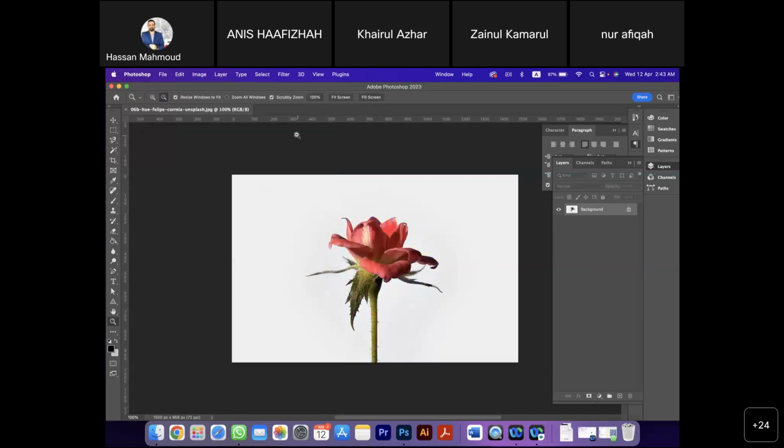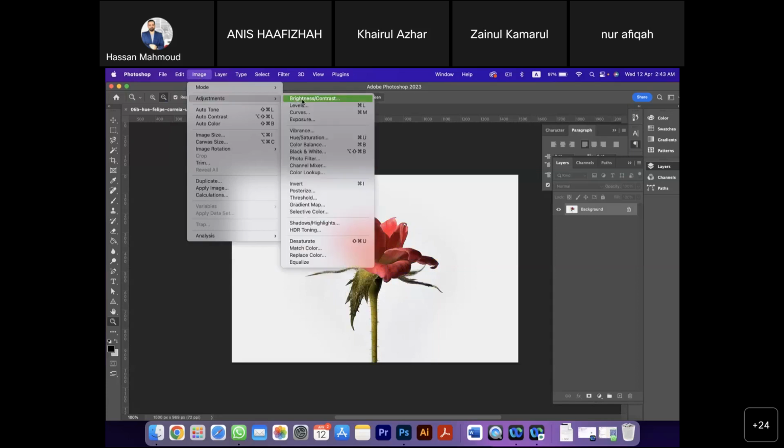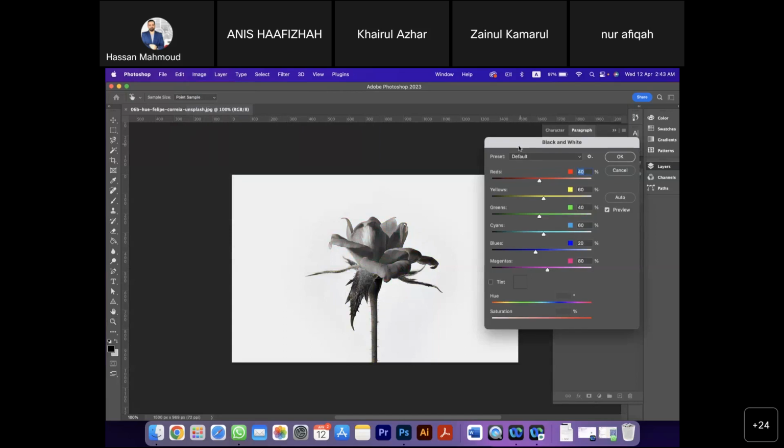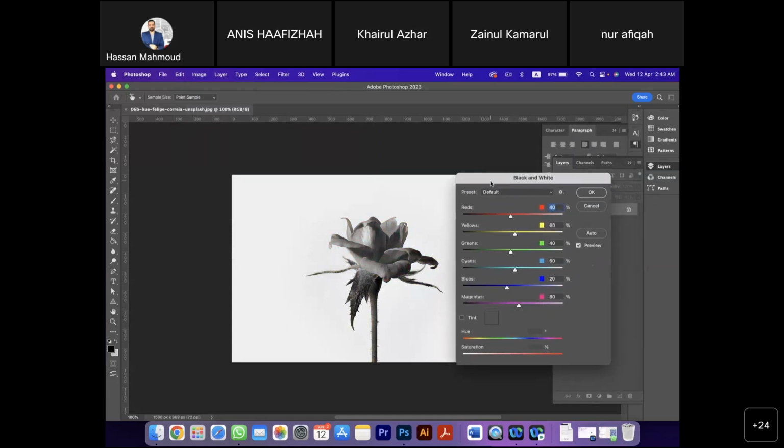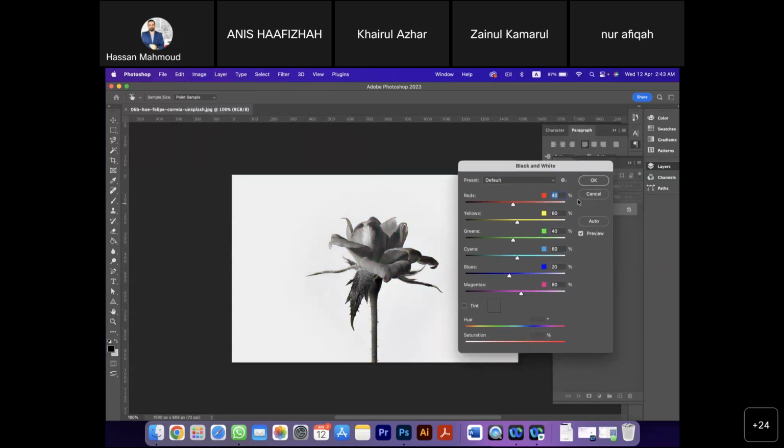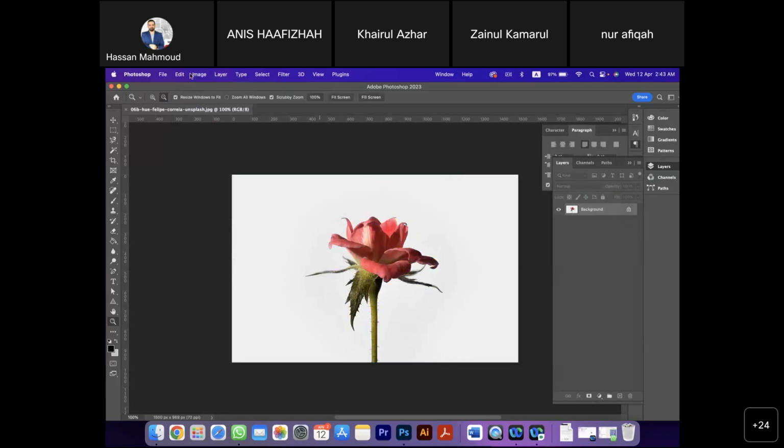Let's cancel this and go, for example, for black and white. This will simply convert your image into black and white. All right. Let's go to